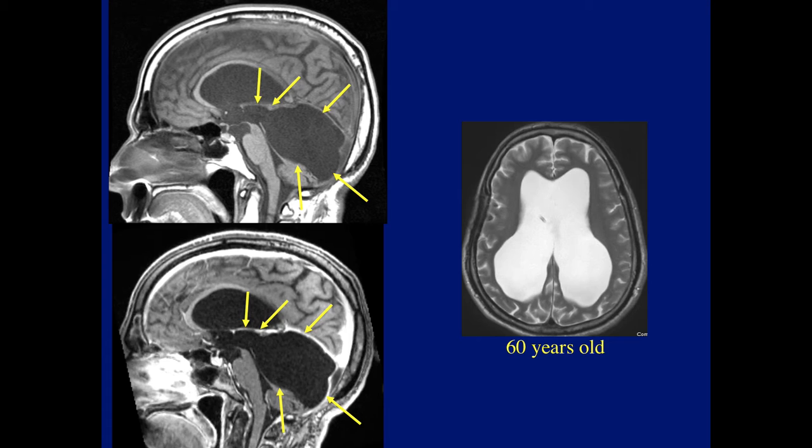This was a very interesting case that Ahmed showed me of this massive cystic structure in the posterior fossa with the cerebellum being markedly compressed. This was a 60-year-old with very large ventricles. He was shunted many years ago. And I think what happened here, although I cannot prove it, is that this is the suprapineal recess that ruptured, and we ended up with this large collection of CSF in the posterior fossa. Maybe it developed then into an arachnoid cyst, but I think it all likely started with this markedly enlarged suprapineal recess.